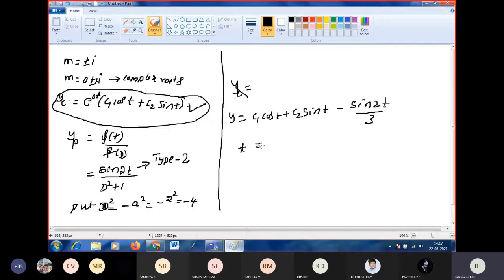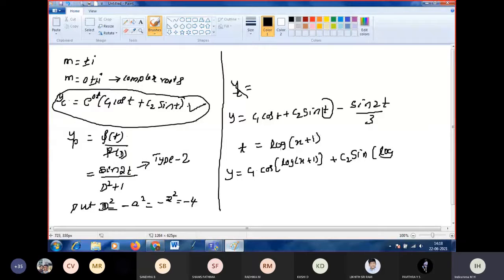We know that t is log of (1 + x). Because I changed it to x + 1, I will return it as x + 1. If you write 1 + x or x + 1, it is the same. Therefore, y = C1 cos(log(x+1)) + C2 sin(log(x+1)) − sin(2 log(x+1))